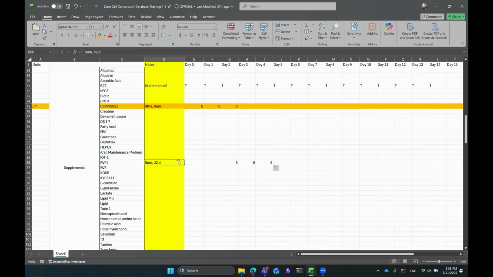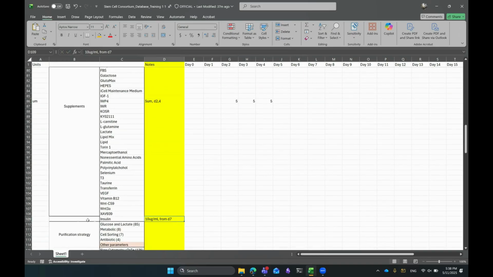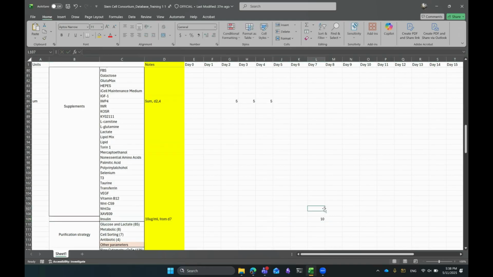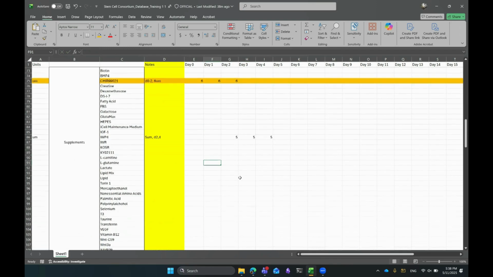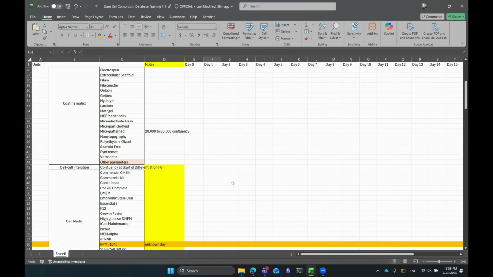So you can see that this is why protocol data can be pretty limited in terms of how we represent them. And then we keep on going to the end, and then we have insulin. So starting from day 7. So I'll put 10 here, and then I'll just drag this onwards, pretending that it goes to the very end. And then I'll put in UGML at the very start as the unit here. Okay, so I think I've done a good example here, trying to explain how you put in data into the